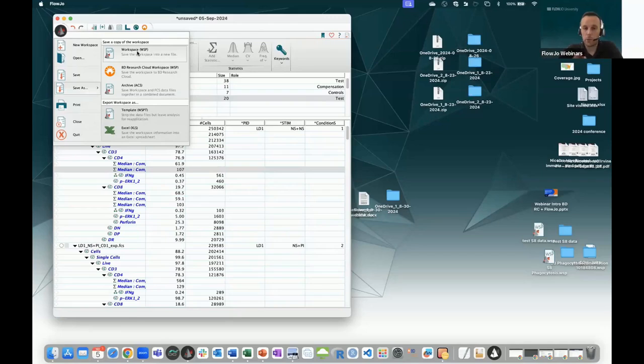The way FlowJo works when your data is on your local computer is that when you click and drag your FCS file into FlowJo, you're really just telling FlowJo where your FCS file is located. So when you do all your stats or ask for a graph, FlowJo is going to pin that FCS file to display or calculate the value that you're requesting,